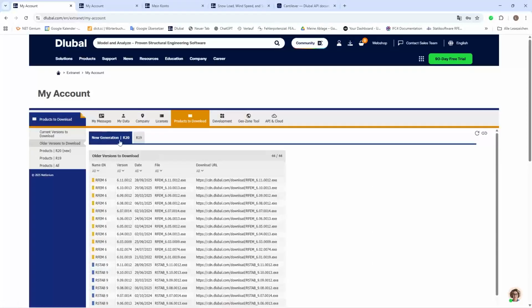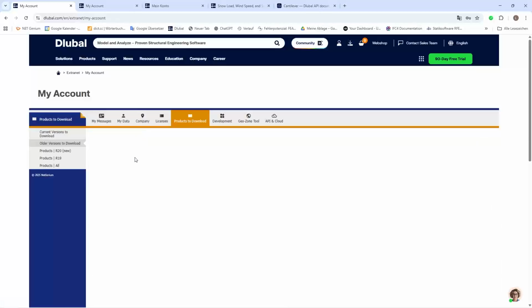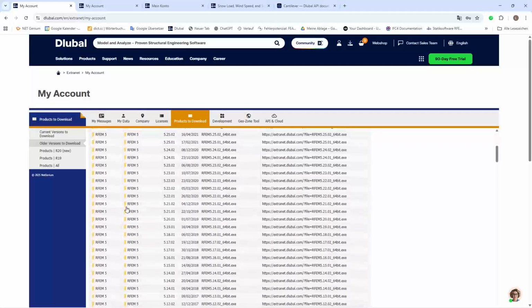For the new generation, you can find the latest version for each main version. So we have these different version numbers, 601, 602, 603. This is usually a bigger jump. And then for each of these main versions, we have additional subversions, let's call them that way. And here in the download list, you will always find the latest version of this main version. Yes, so far regarding that, and also regarding the old